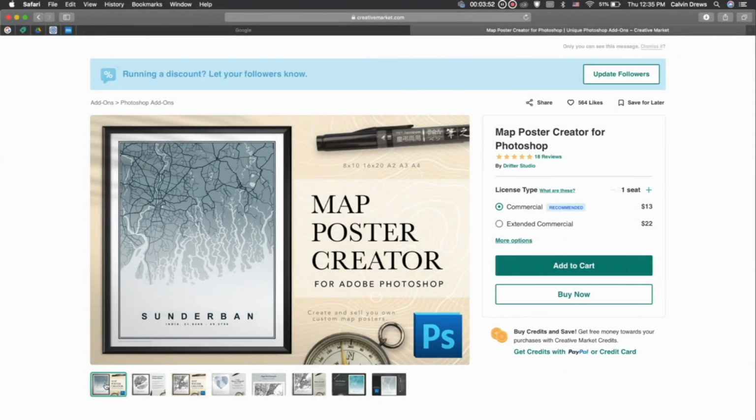Hey everyone, my name's Kelvin and today I'm going to show you how to use the Map Poster Creator template for Photoshop. So after you've purchased the files, go ahead and download them to your computer, and it's going to